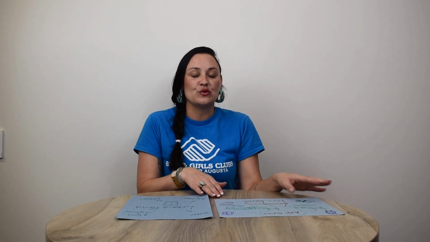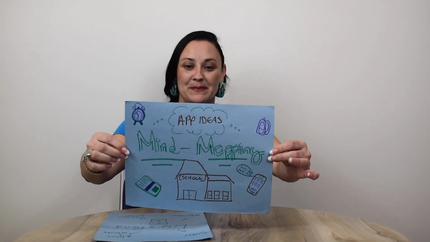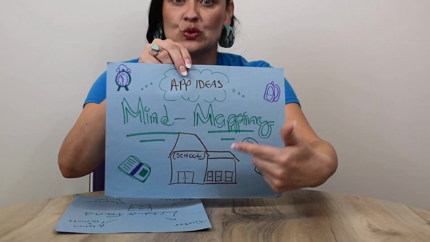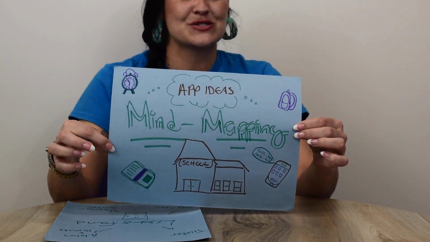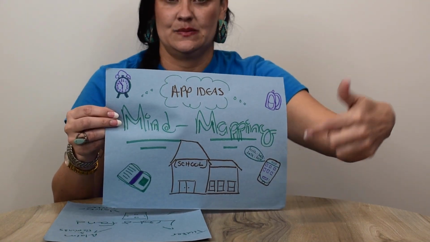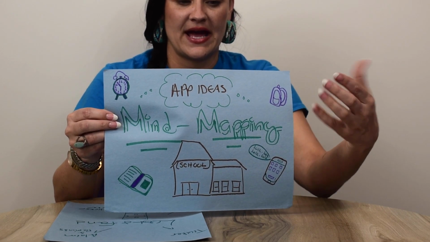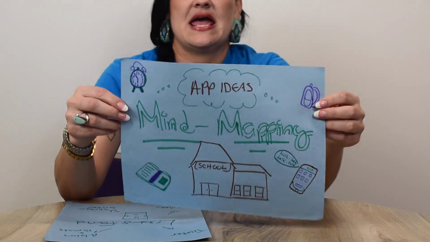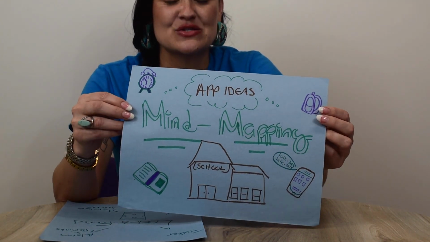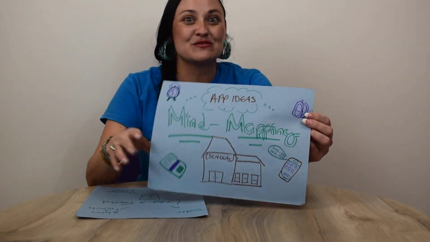For me, I really like the mind mapping idea where you write down different ideas. They're not full ideas. They're just bullets that will help you once you try to bring your idea together. So this was my mind mapping. As you can see, I drew a school, right? Because that's the premise of the app idea, kids at school. And then I drew items, like a book bag. I think I have a phone on here. All kinds of cool stuff. Books. And hence the things that you would lose, right? So these are some of my ideas to get those creative juices flowing.